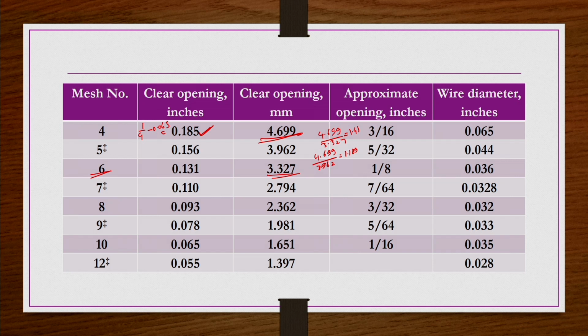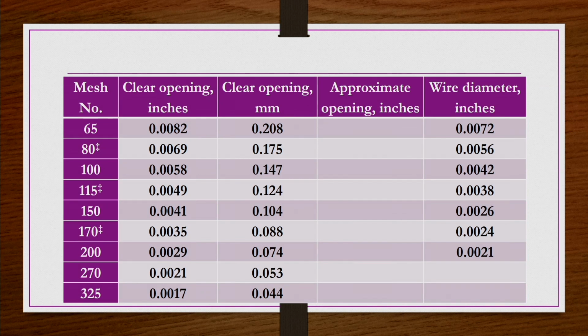Any two successive mesh numbers you take and check the ratio, you will get these numbers only. Likewise, all other mesh numbers like 65, 100, 150, 200, 270, 325 are there. These are the intermediate ones with the symbol given here. They indicate the intermediate screen, so that the ratio between these two, let us say here, will be 1.189. Now, we do the size analysis.